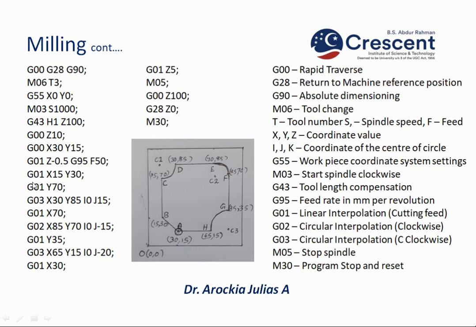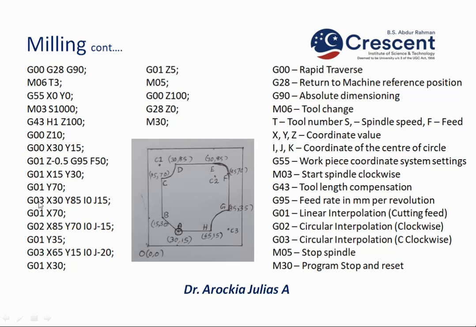Now from that particular location, from A it has to move to B. A to B is a linear interpolation, a straight line. Now G01 X15 Y30. Okay, it takes a linear cut from A to B. From B to C again it is a linear interpolation. Here the X value is not changing, only the Y value is changing. From B to C the X value remains the same. If any value is not changing, you need not mention it in the program. The tool will follow the same thing. That's why for defining B to C, G01 Y70.